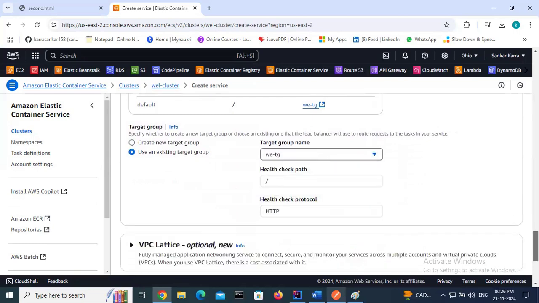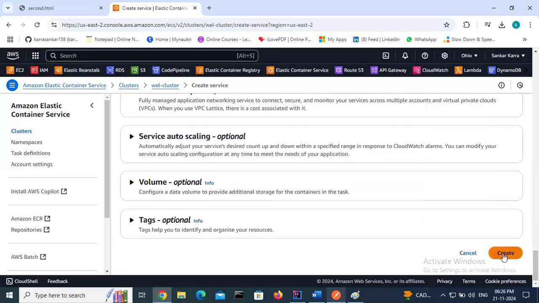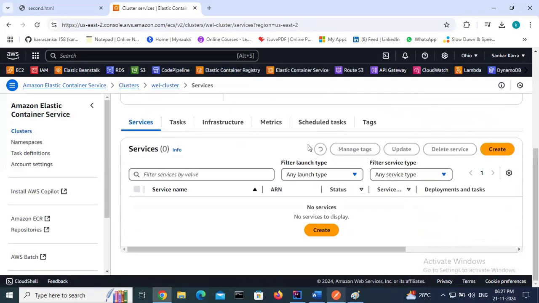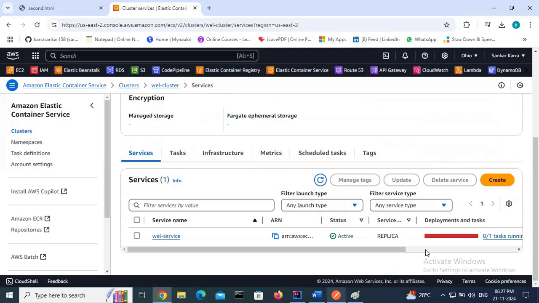So if you want to add a health check, you can mention it. I don't have any health check, so hence I'm not changing. Create it. Just refresh. It will be red in color first. After, it will change into